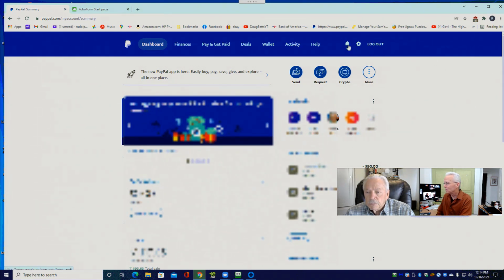Now this bell icon is probably notifications. It might have a number there showing that you have some messages to read from PayPal. So here we're going to go to the settings gear and we're going to blur the whole screen before doing that.